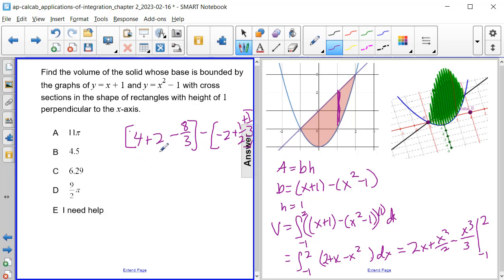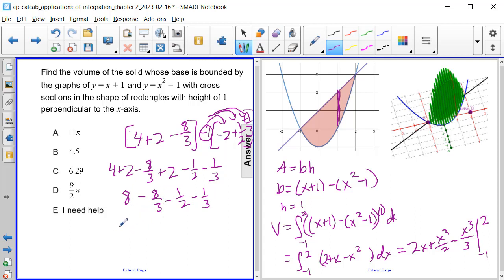All right, so it looks like our common denominator here is going to end up being 6. But first, let's distribute this negative through to each of these terms and rewrite. So we still have our 4 plus 2 minus 8/3. And then we have plus 2 minus 1/2 minus 1/3. 4, 2, and 2 are going to give us 8. So we have 8 minus 8/3 minus 1/2 minus 1/3. And when we find common denominators, we'll have